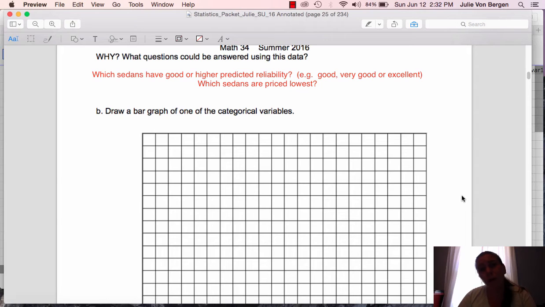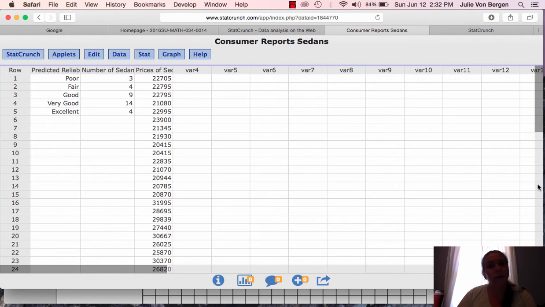Now we want to draw a bar graph. So we can choose any one of the categorical variables. I choose predicted reliability. So let's move over to StatCrunch and see how we can do a bar graph in StatCrunch. So in StatCrunch, I've typed in the variable predicted reliability, and to give your variable a name, you click